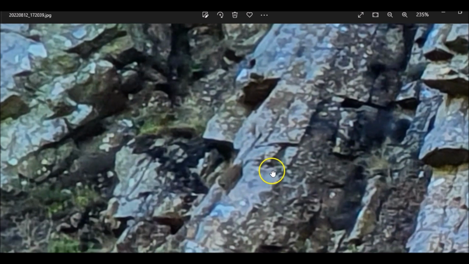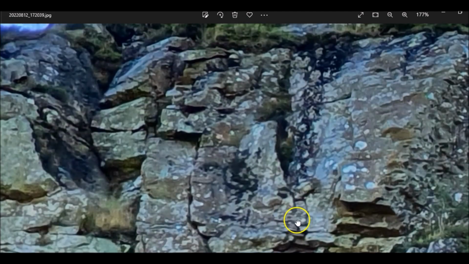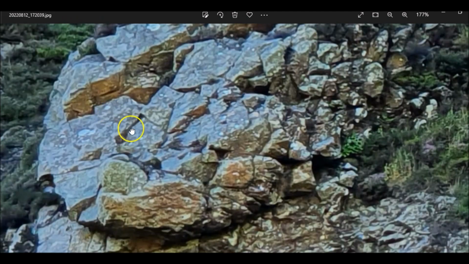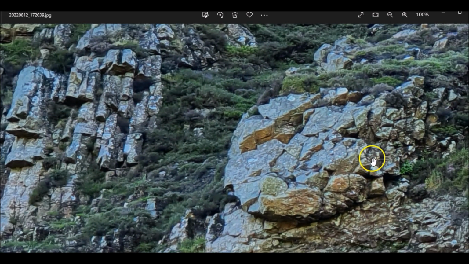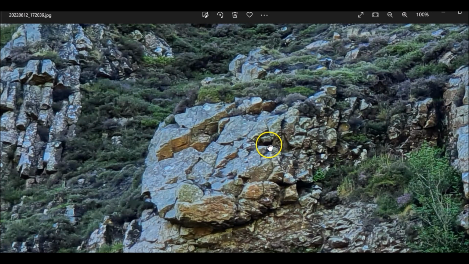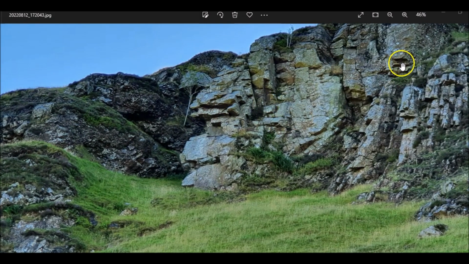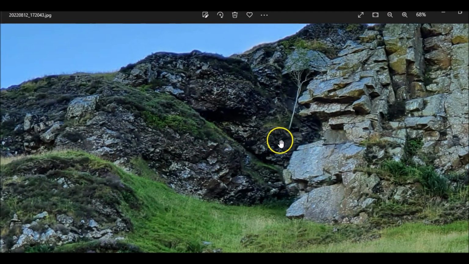I don't know. This looks a bit weird. This is like a load of rocks all stuck together. All different shapes and sizes. And just next to all this looks like a different material.